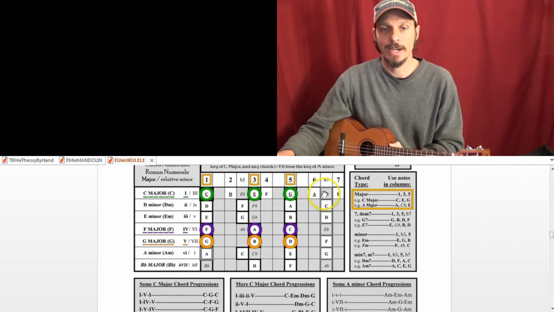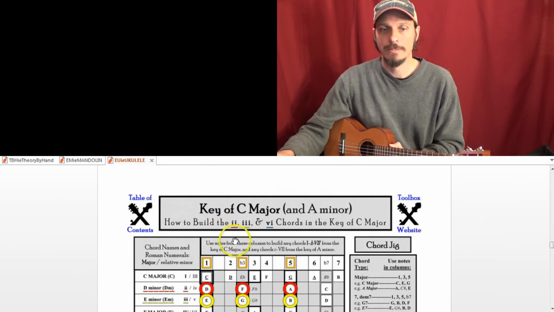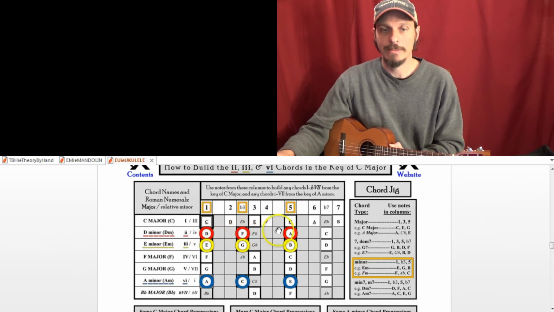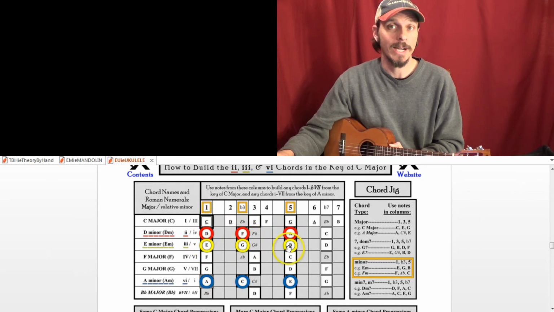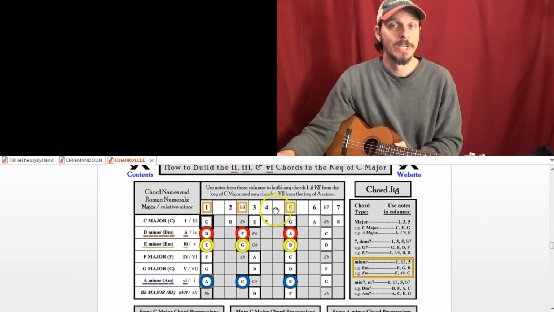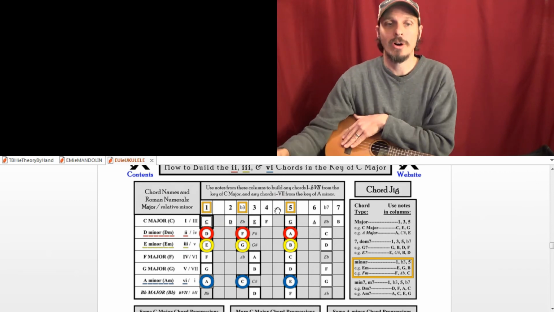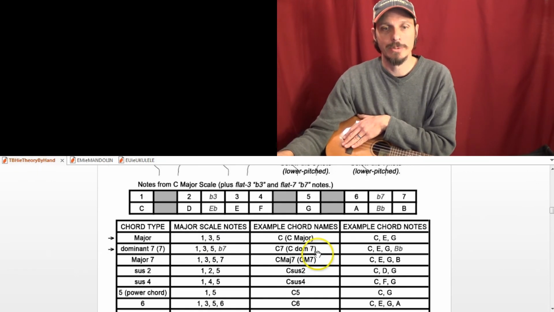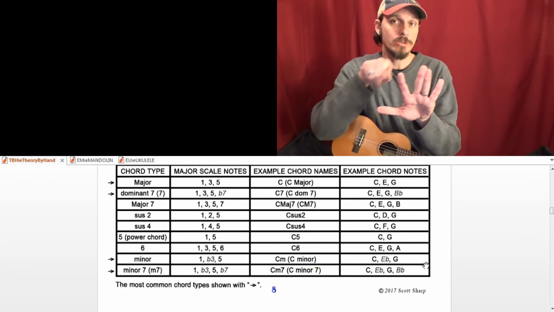Knowing that minor chords are made of 1, flat 3, and 5. Okay, E, G, B is E minor. E major is E, G sharp, B. It's 1, 3, 5. So that's the only difference. So practice being able to know all these different keys and be able to see which notes make up